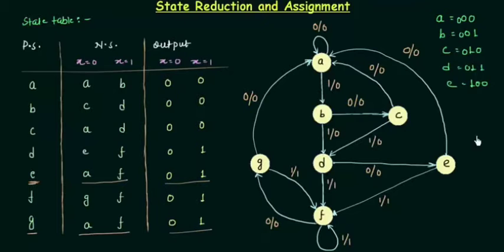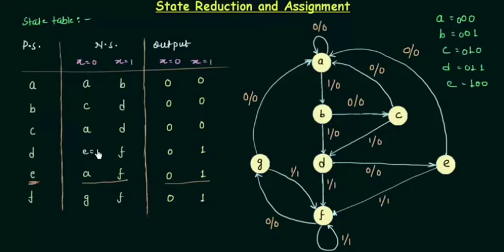So I can write E equal to G, and I will eliminate G from this table. I will use my rubber for this purpose. I will just rub G. Now we have eliminated one state. Let's see if we can eliminate some more states or not. I have already told you that E is equal to G.